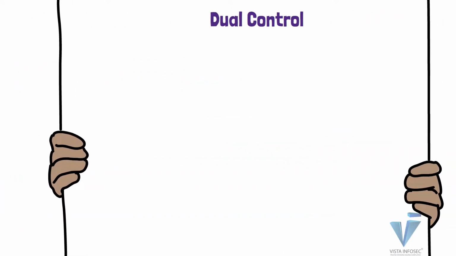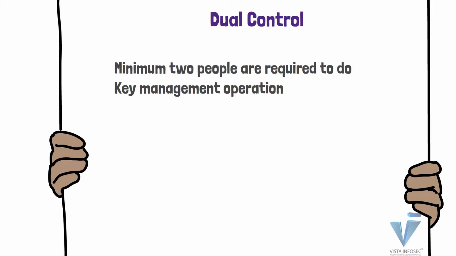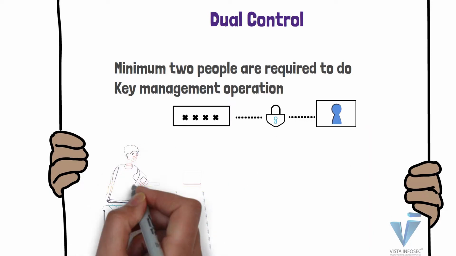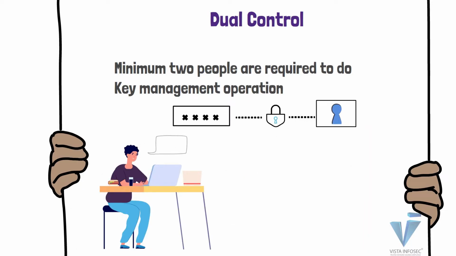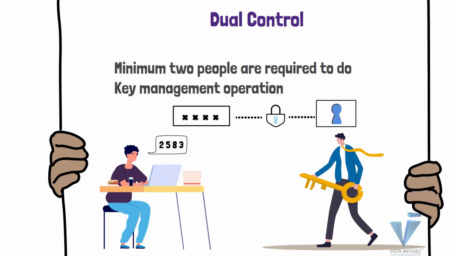Well, what about dual control then? Dual control is again the second confusing aspect of the requirement. Here a minimum of two people are required to do a key management operation, so that none of the two have access to the whole key. So it could be that there is person A and person B, one has half the key, the other has the other half, and if they need to load it into a key management software or into a system, one may have the access code of that system and the other might have a physical lock of that system.